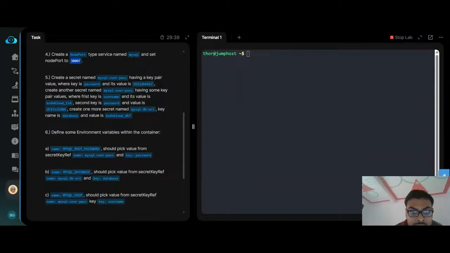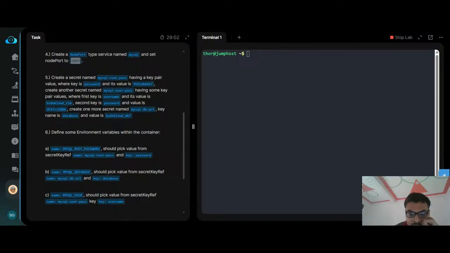And then we have to create another secret, MySQL user pass, with the username as kodekloud_tim and the password value as given. Then we have to create one more secret, MySQL db url, with the database value. Basically we have to create some secrets,